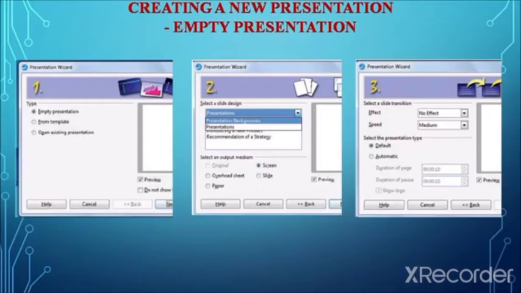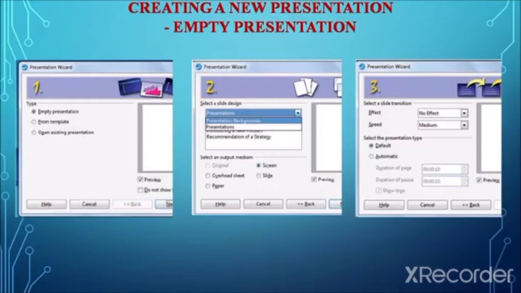The presentation wizard, that is step 3, appears. In this step the user can choose the desired slide transition from the effect drop down menu. In the effect drop down menu you can see there are various effects. The user can select the effect option and also the desired speed for the transition between the different slides, that is the travel time moving from one slide to another.